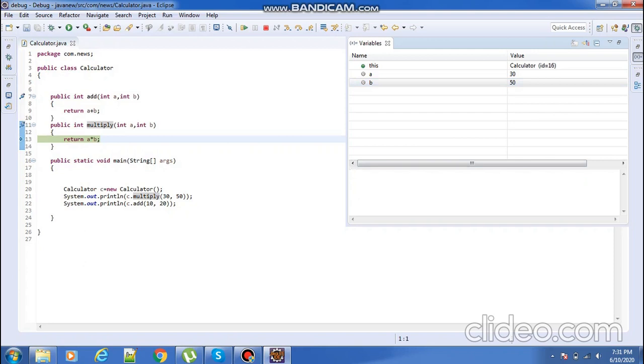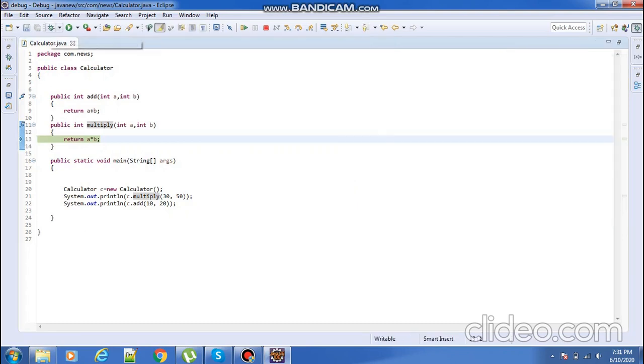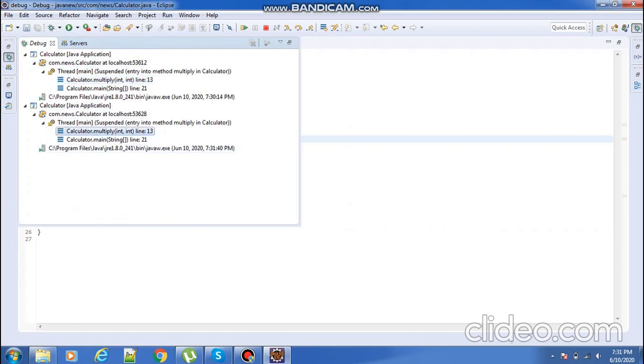So instead of 50, I'm giving my variable as 60, and we can save our program. See, now my variable is changed to 60. So now instead of 30, I want to give my variable as 5. And again here I am changing it to 5. So whenever we are debugging, just to test my application, we can check with different kinds of variables. See, this is the way of debugging. So after changing my variables, again it automatically debugged my program.